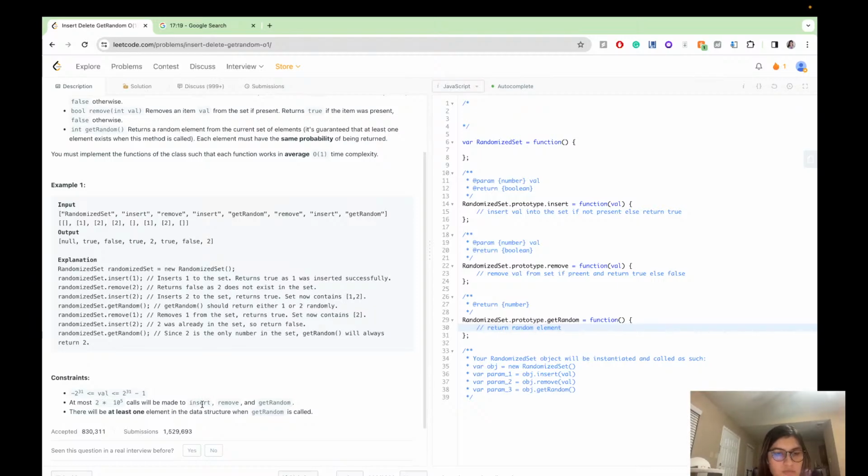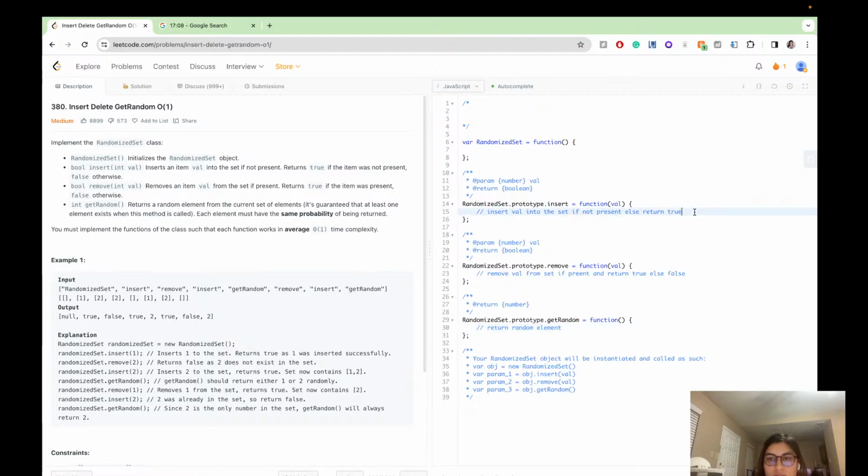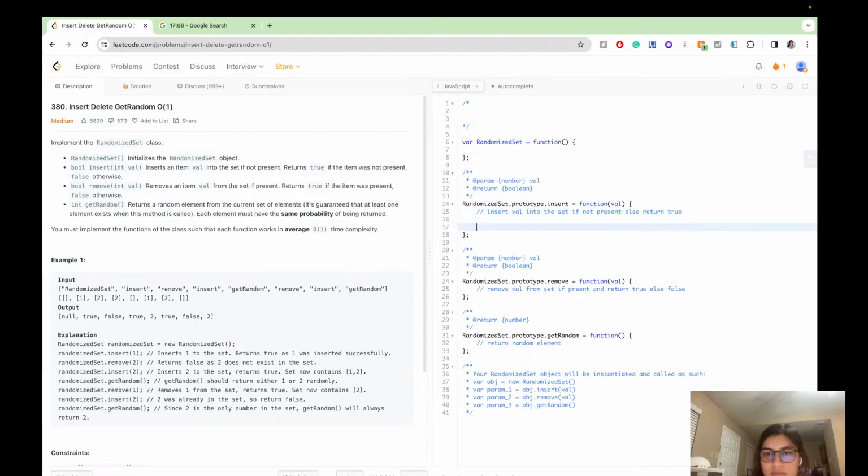Okay. So it means that calls will be made again and again and again. And there will be at least one element in the data structure when getRandom is called. Okay, got it. So since I want to do it in time complexity of O(1), so insert will just